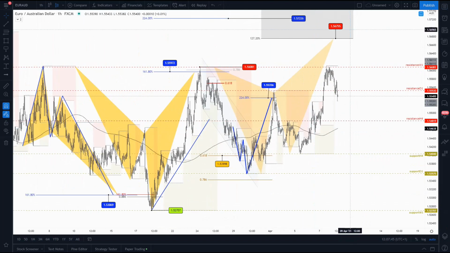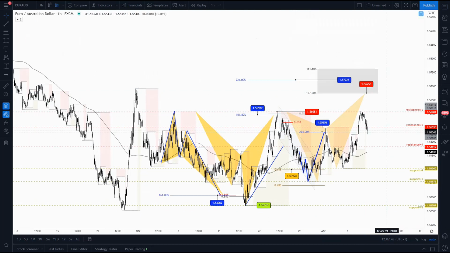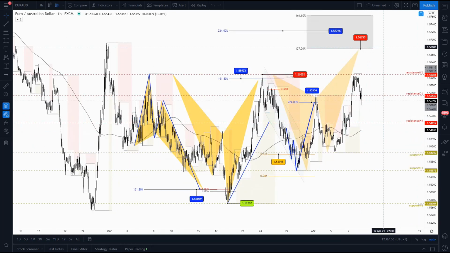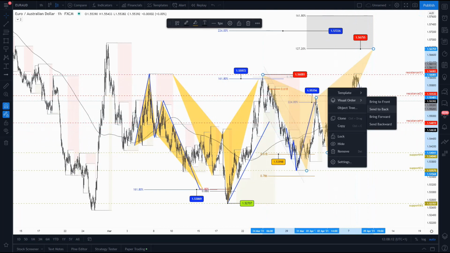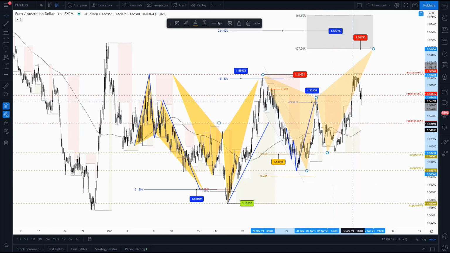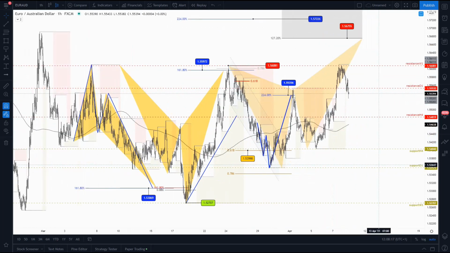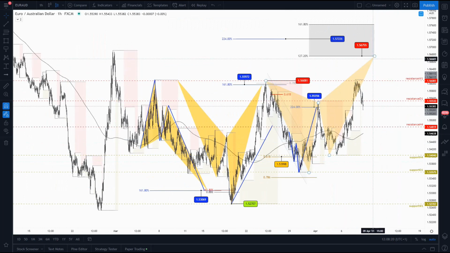Euro versus the Australian dollar. 1 hour time frame, I was expecting the formation of this butterfly pattern above. It seems like the price is rejecting that idea, at least for now. I need a bounce from this price zone in order to complete the pattern in time or before it starts to vanish with the ratios. So if the market decides to push even lower and breaking previous structure resistance and support levels, if the market decides to violate all the previous levels, eventually that pattern will start to fade. So I need that pattern to be formed